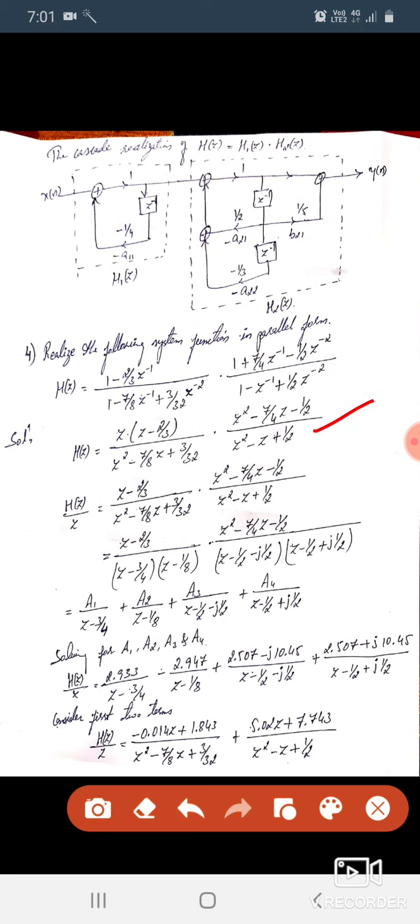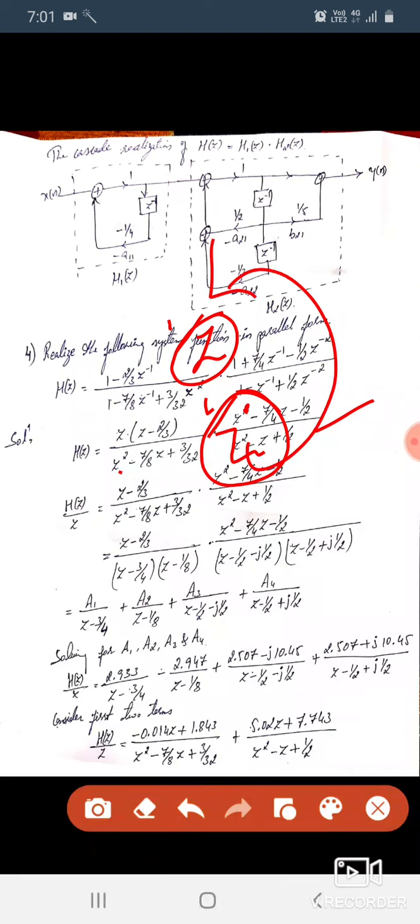Here how it's going to change, observe. If I take z as common, you will get z into z minus 2 by 3. Here z square, here you have to take 1 by z square as common, and here you will take 1 by z. When you take z outside, here it's going to be z square and z in the numerator, so you will be left with z here. For that reason, here z into z minus 2 by 3.